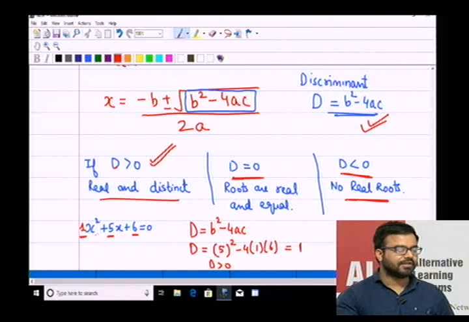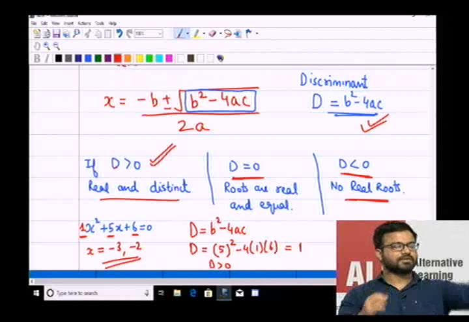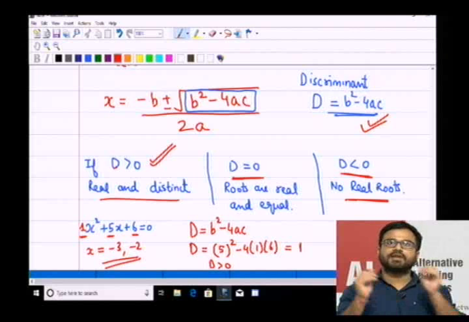And if you solve this equation by quadratic formula or by middle term splitting or any way, you will get the values of x as minus 3 and minus 2. So you can see minus 3 and minus 2 are real numbers, as well as different numbers also. So without solving we can predict